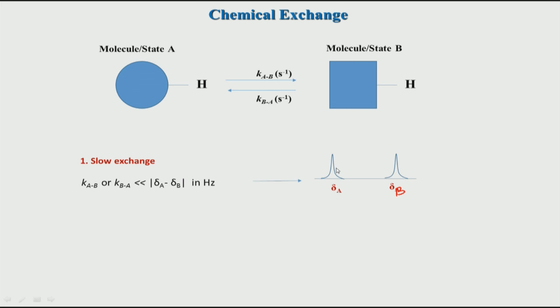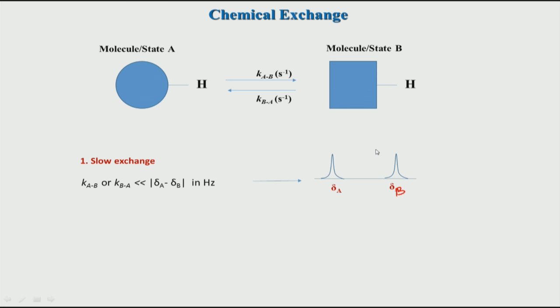Of course, just seeing two different peaks does not tell you whether the exchange is slow or fast, but we will come to that later. We will see how we can find out whether there is any exchange happening between these two molecules or not, and if it is happening, whether it is fast or slow, in the next few slides. But the point here is that if you have a slow exchange going on, it shows up in the form of two separate peaks for A and B. There will be a small change in the line widths which will depend on the exchange rate, but we will ignore that for the time being.